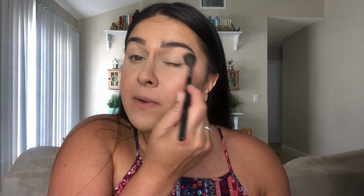Okay, so for the springtime look, I'm gonna be going in almost with all the shades from this Colourpop Blush Crush Palette. I love this. This is like $13 and you get so much use out of it. So I'm gonna go in with the color Lovesick, which is this color right here, on my Morphe 504. And like we did with the Fenty powder, I'm not being careful with this. I'm literally just putting this all over to give us that like nice cream